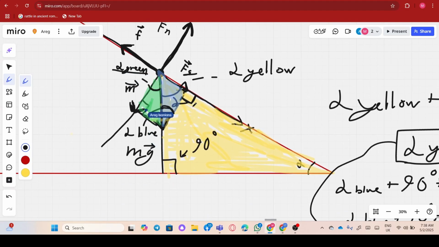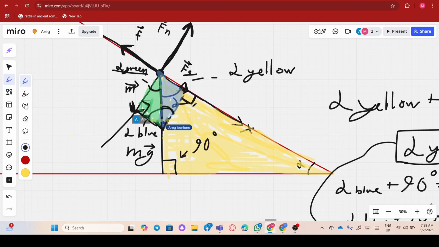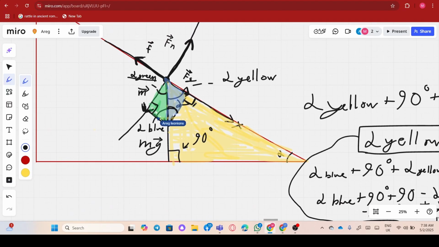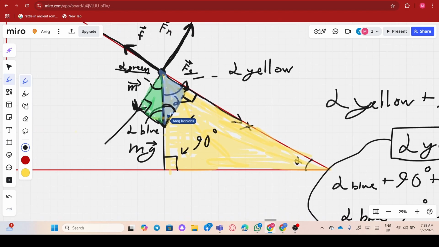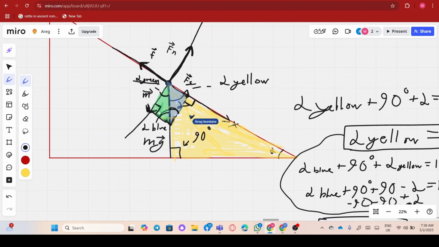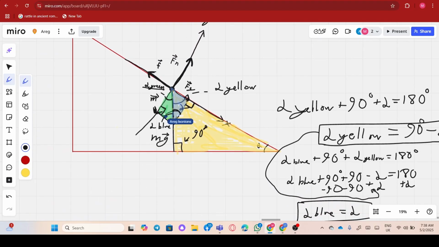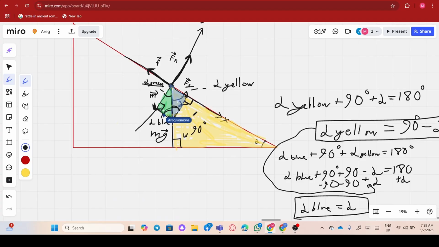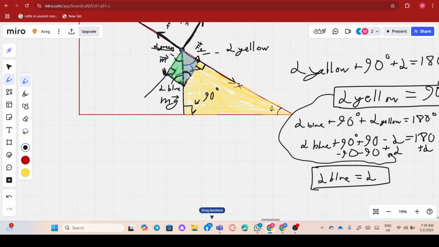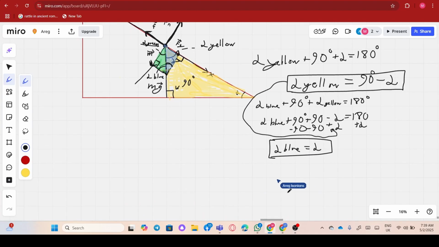So here the thing, we have a 90-degree angle. And then right here we have this angle as well, which I think is just the same as alpha yellow. Yeah, because it's on the opposite side. Okay. So if we want to find alpha green, it's going to be